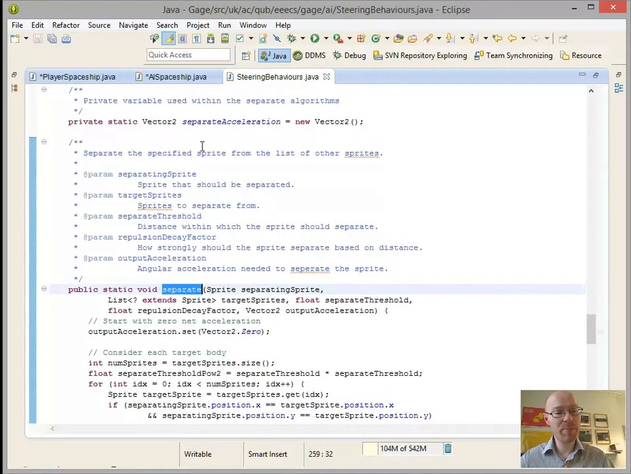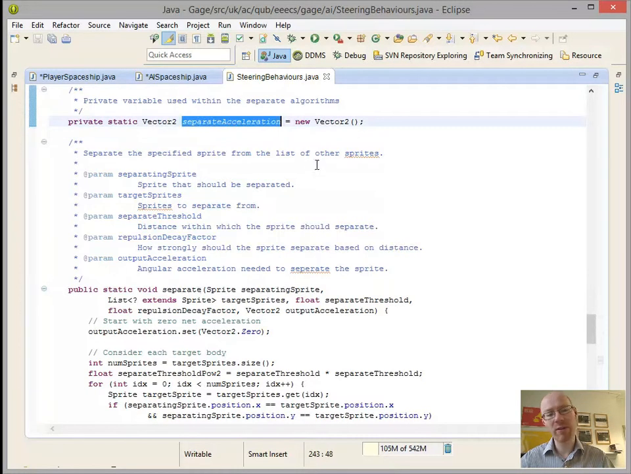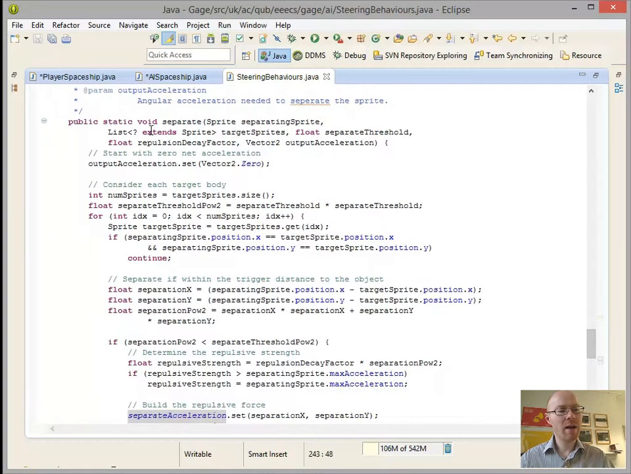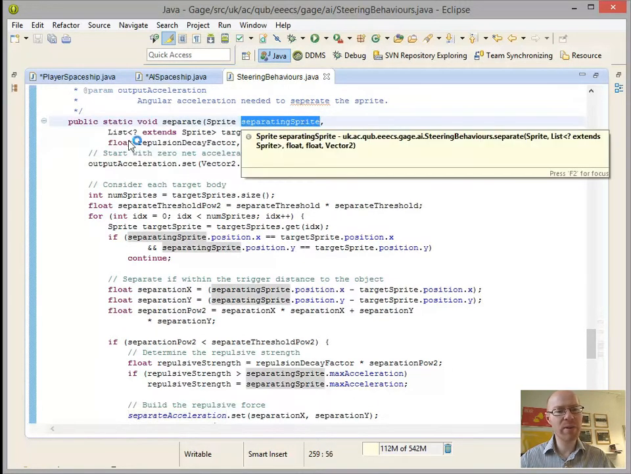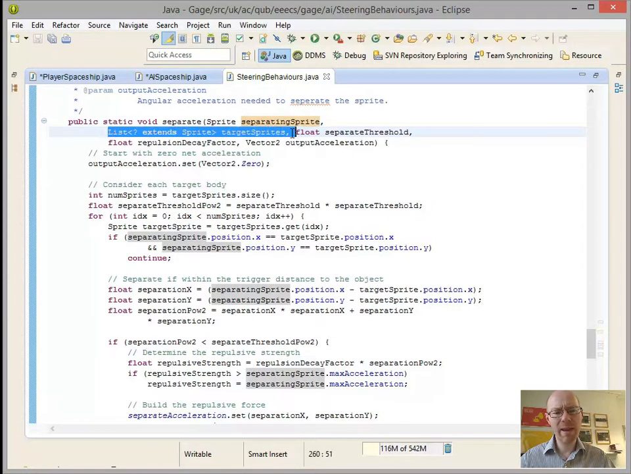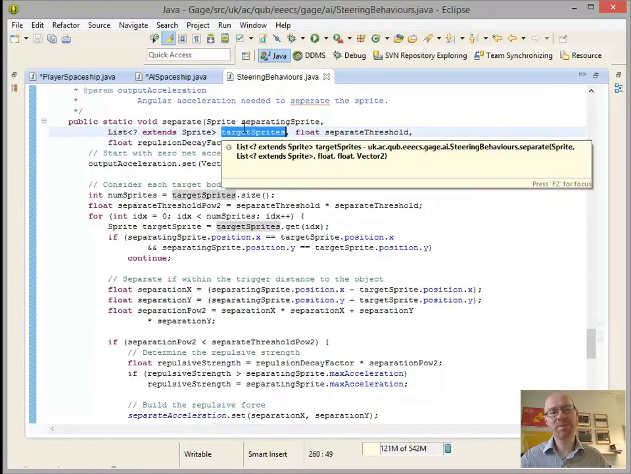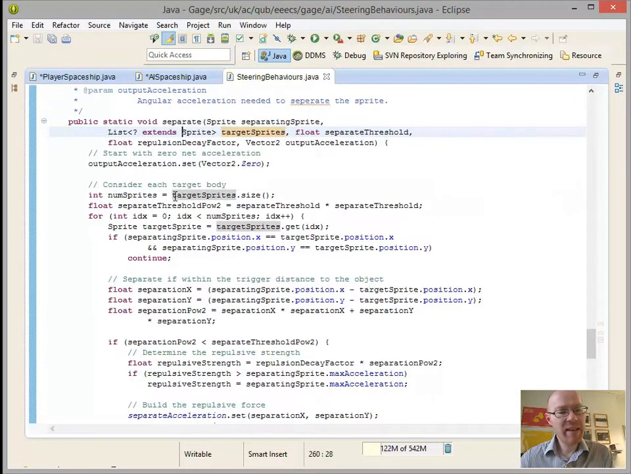Here we have our separate method. So again, we've got a temporary separate acceleration variable used within it. It's worthwhile having a little look at the constructors of this. So we've got the separating sprite, and you may or may not have seen this particular form. We're passing in a list of target sprites, and if I simply did